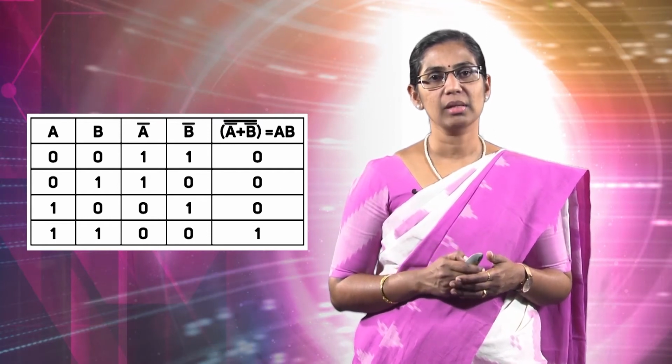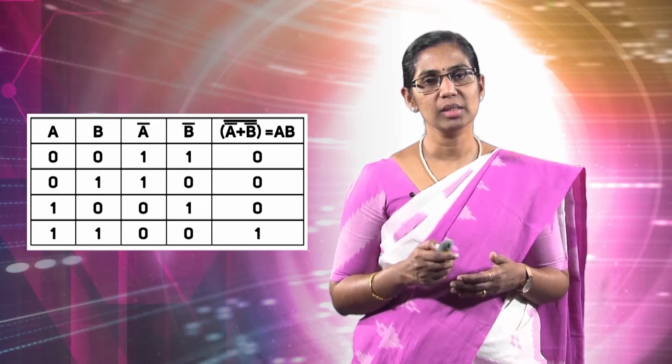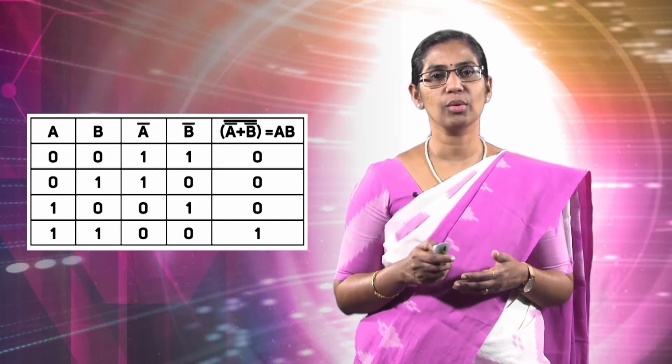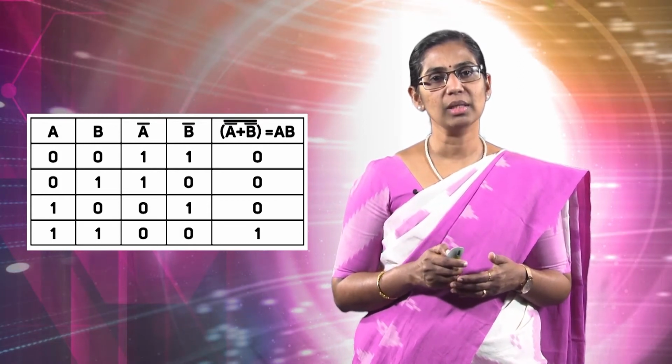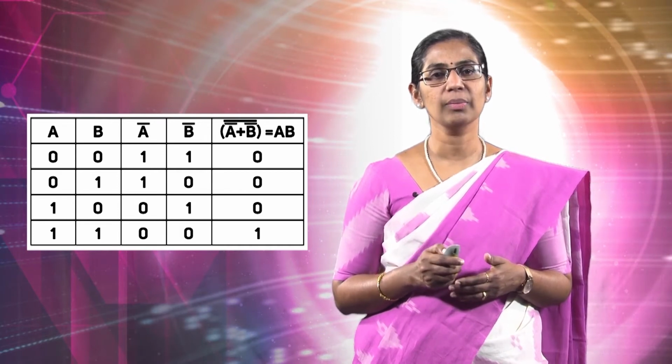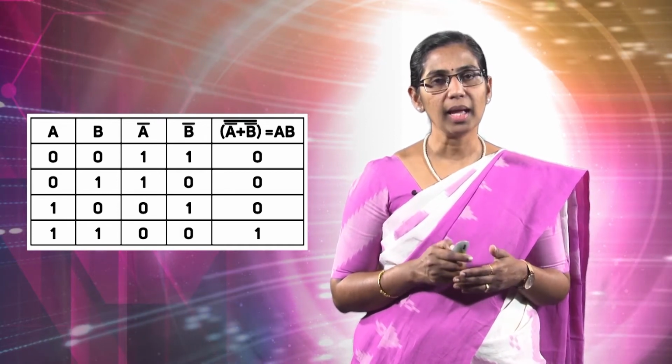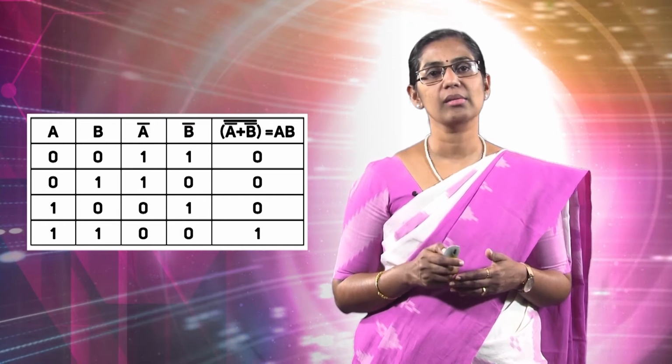When A and B are 0, 1, it is 1, 0 and the final value is 0. Then 1, 0, it is 0, 1, 0. And when A and B are 1, the final result is 1. This truth table for this logic diagram clearly shows how NOR gates can be used to implement the logical AND